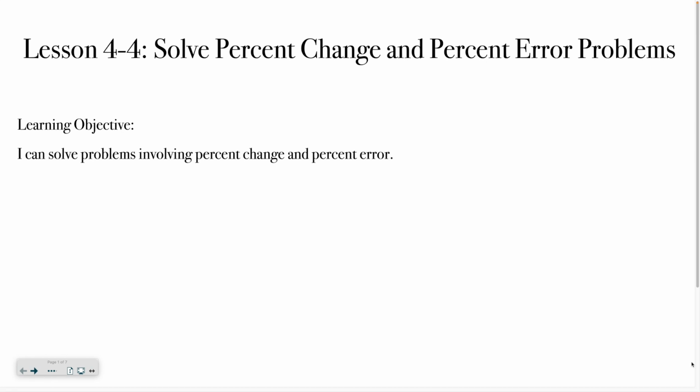Hello class, welcome to Pre-Algebra Lesson 4.4, which is all about solving percent of change and percent of error problems. By the end of this lesson, you should be able to solve problems involving the percent of change and the